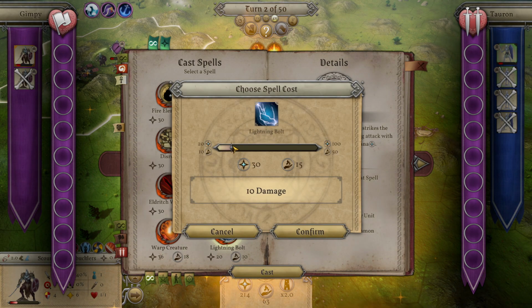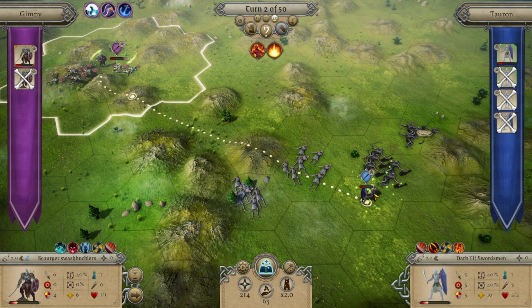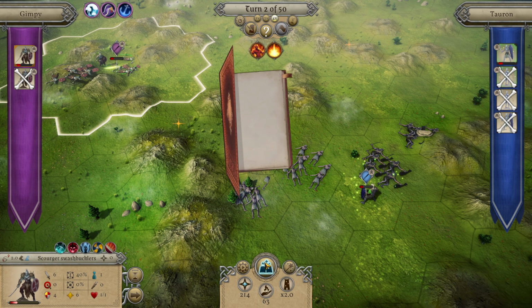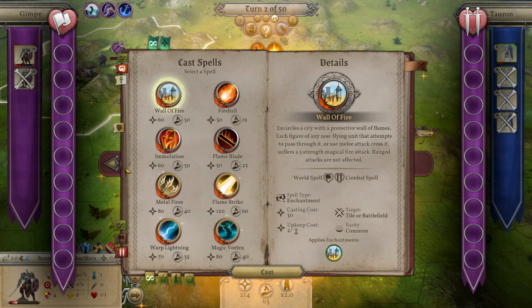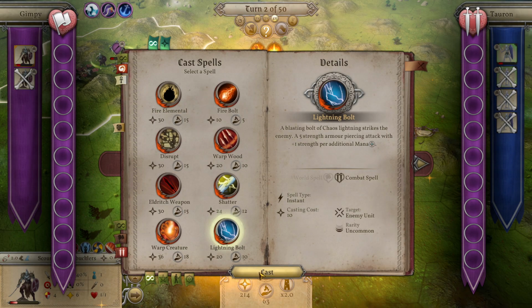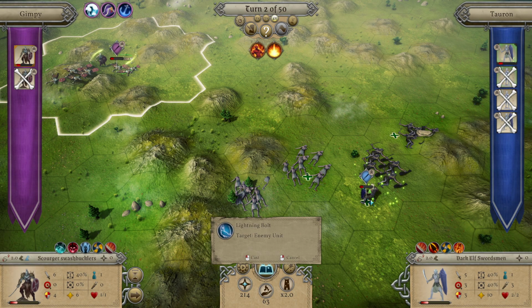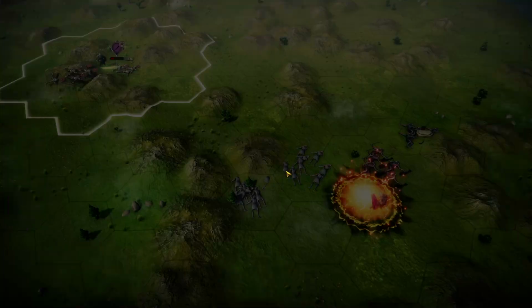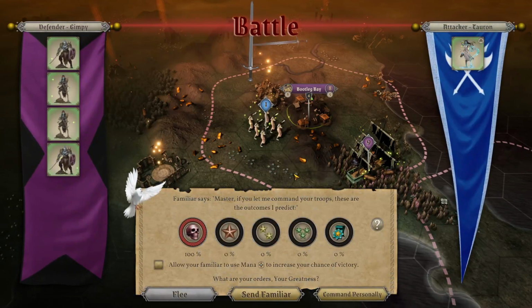5 damage. Let's make sure it's actually cancel. How much health does he have left? 2. Two health. This should be more than enough. Ta-da. So, we won. Lost somebody, but...